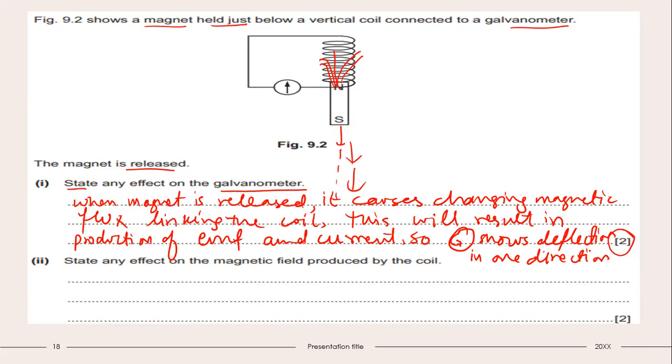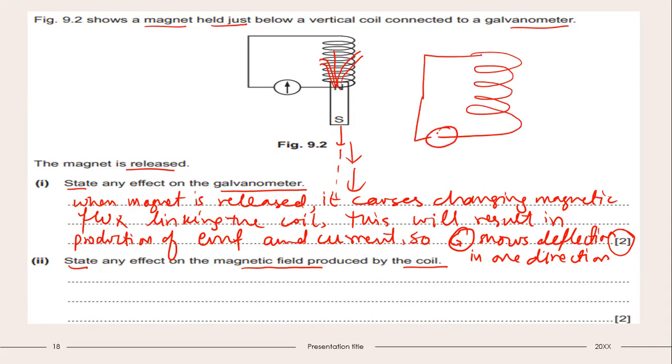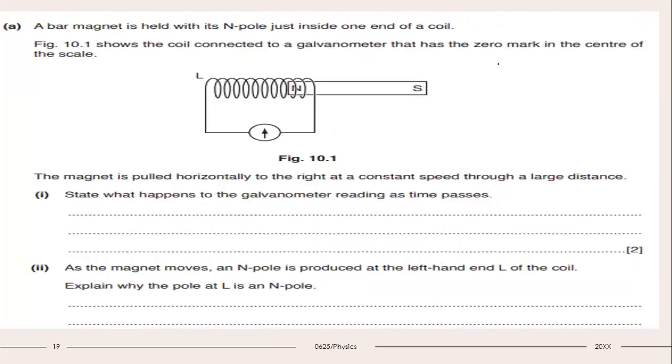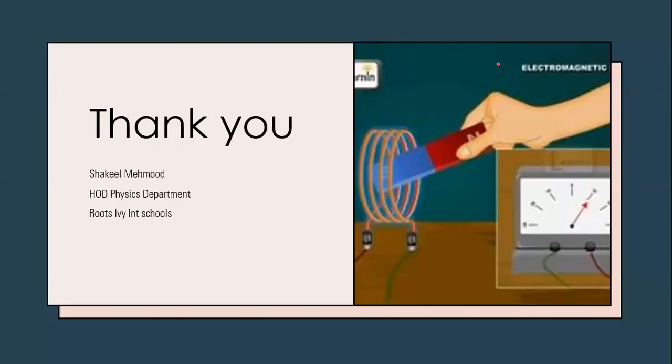to one side. Okay, state any effect on the magnetic field produced by the coil. So when the magnet is moving, there is a current that is being produced in the coil. Of course, the current is going to be produced in the coil. So that current will also produce